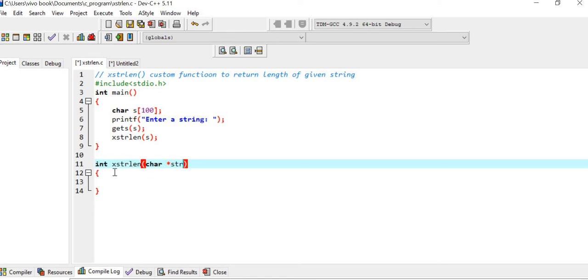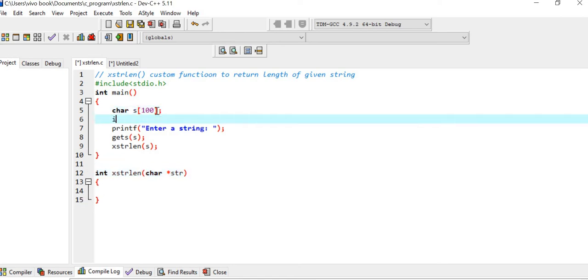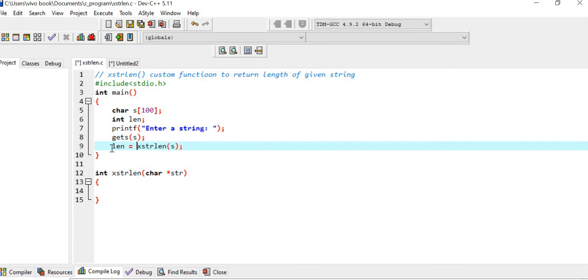Since this function will be returning the length, I'll declare one variable, int len, and store the length returned by the xstrlen function in the len variable.